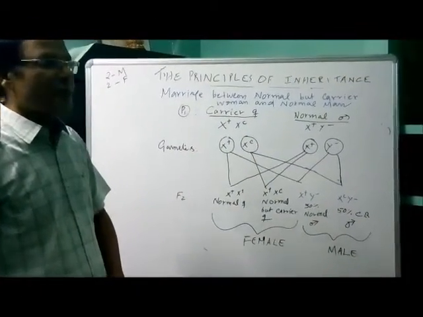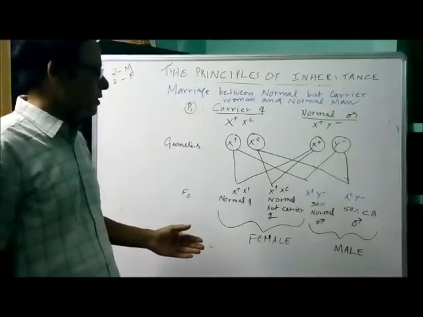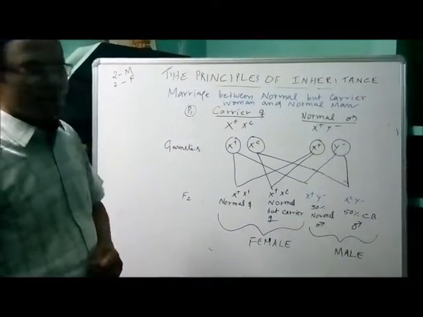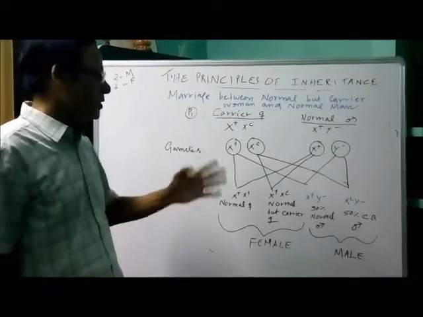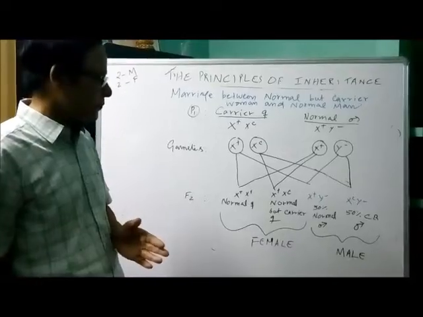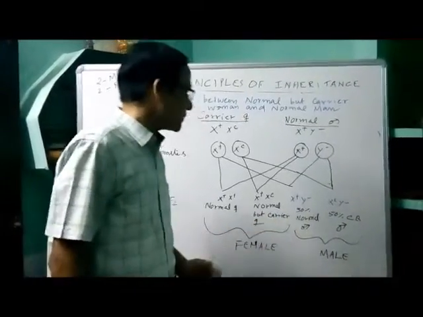Once the mother is a carrier, you can see easily about the males. What is the nature of the sons? Once the mother is a carrier, there is no doubt about it, in the F2 generation,